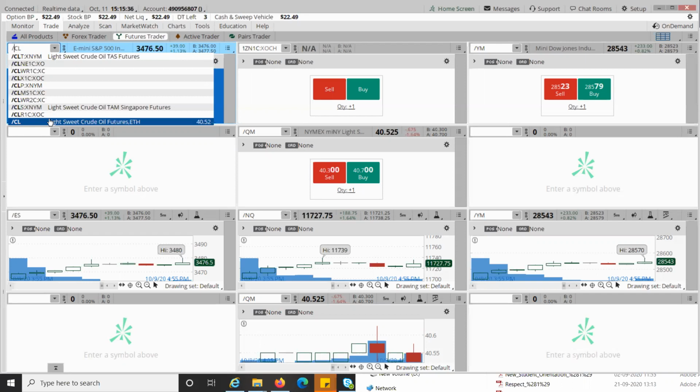The other risk regarding futures is that futures stop loss may not even execute, because there are two types of stop losses across the global markets. One is on quote and one is at that price and below. US market and most of the trading platforms here give you stop loss on quote. So if you have put a stop loss, for example here, 34.50, and you put that my stop loss is 34.50, trigger it between the range 34.40. If there is a gap down and that 34.50 never comes, stop loss will not execute and you will carry on bearing losses. So that's why futures are very, very risky.